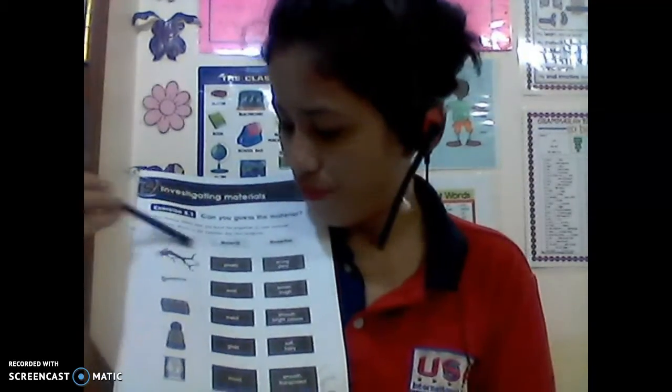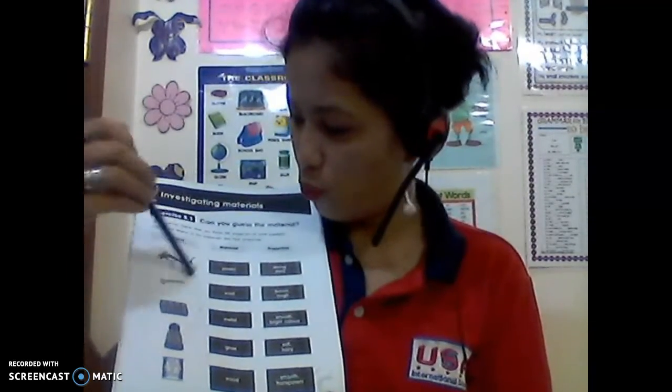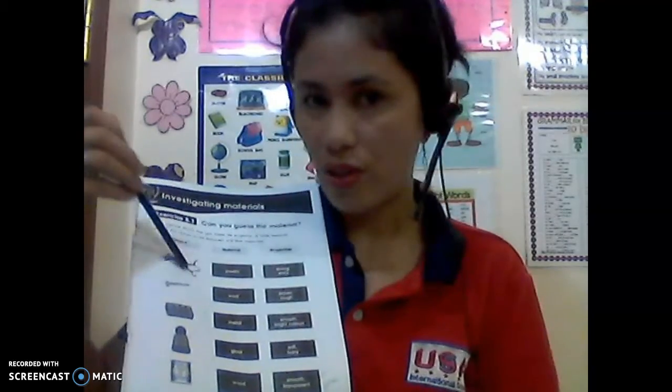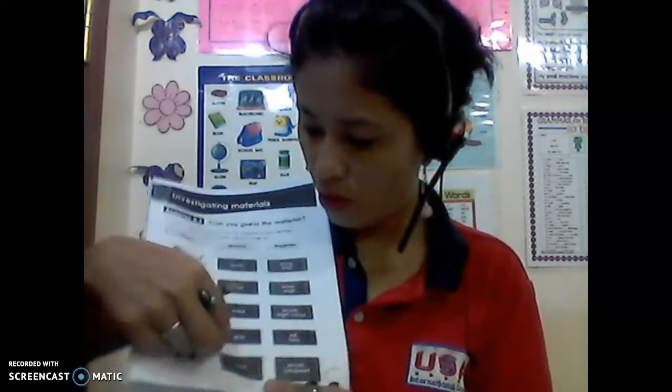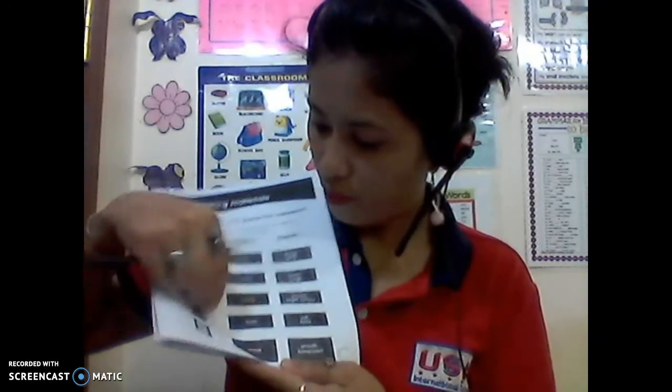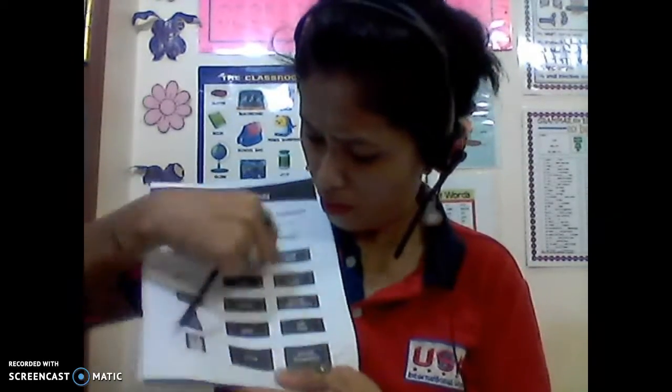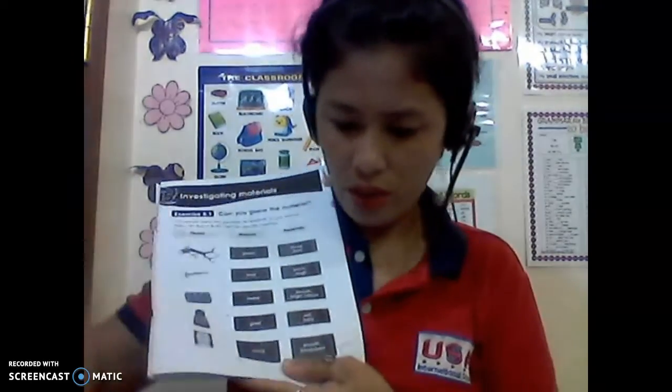Okay, so here for this branch of a tree, what's this one? So we're going to connect a line, right? So I'm just going to erase this. I'm just going to erase this one. So